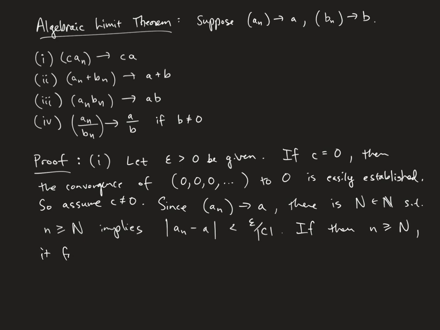It follows that the absolute value of CAN minus CA, you've already done the hard work at this point. You've done this computation. Once you figured out how big your n should be, how small this should be, you're basically done. So it follows that this equals, we know, absolute value of C times absolute value AN minus A, and this is less than this by our construction, and that is equal to epsilon. And so we find that this is less than epsilon, and the proof is complete. Okay, so that's really it. That's the whole thing.